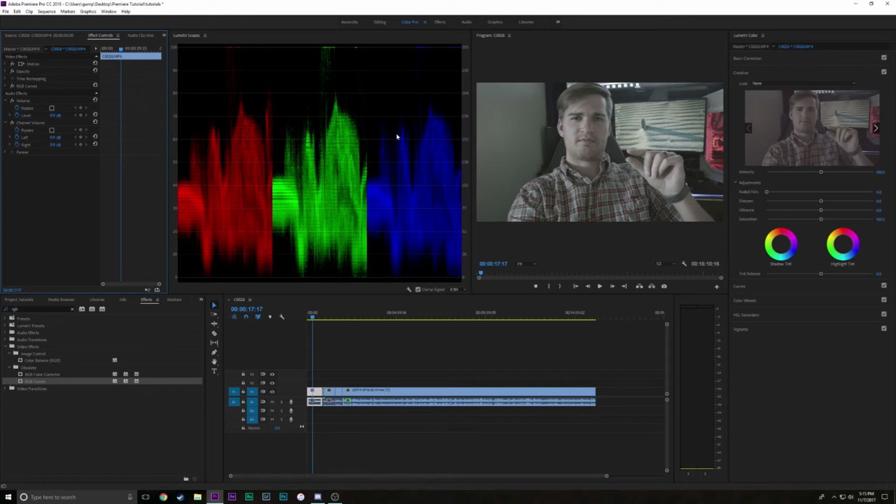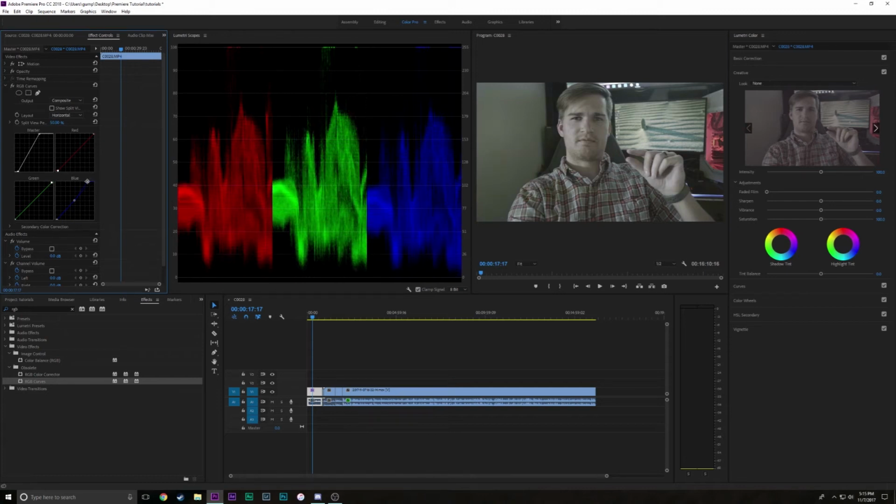So once it's all balanced, actually, sorry, I'm going to come back. The blue right there just looks a little bit lower, and you can even look here in the image and see it's almost got like a green tint to it. You'll train your eye. The more that you play with this, you'll train your eye to recognize these things. I'm going to bring the blue up just a tad,